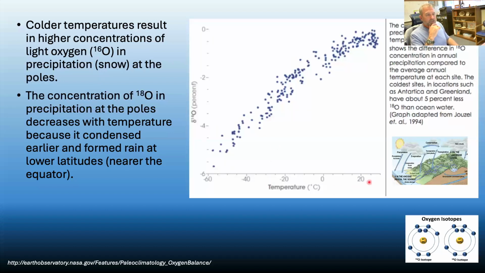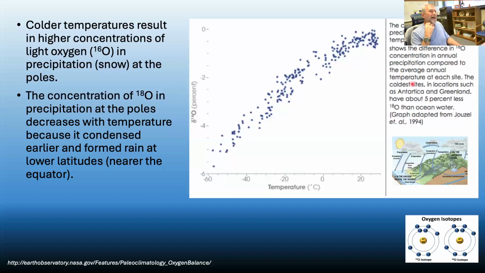So here we're looking at temperature from the warm end to the cold end, from 20 degrees Celsius to minus 60 degrees Celsius. And here you're looking at the variation between the time frame and the standard based on what that temperature was. And what you see here is the concentration of water or this ice that has that oxygen 18 in it decreases with temperature. So that heavy isotope of oxygen becomes less prevalent the colder the temperature gets. All right.